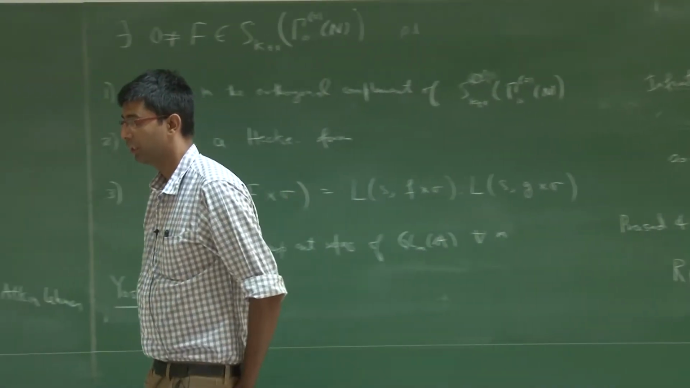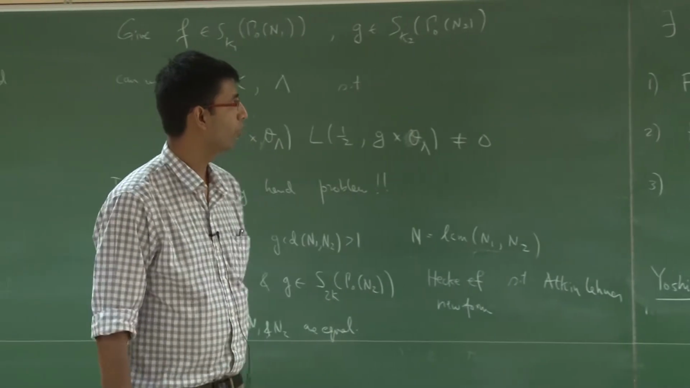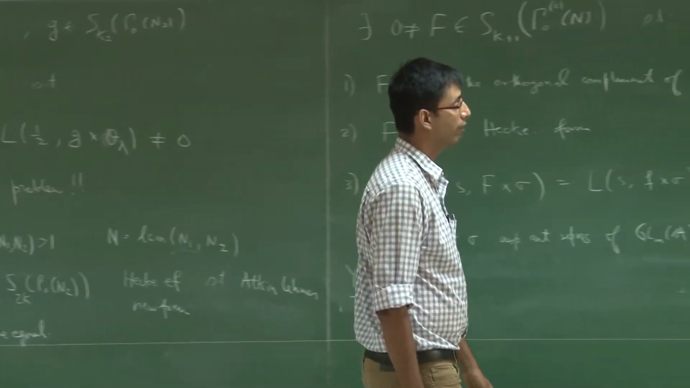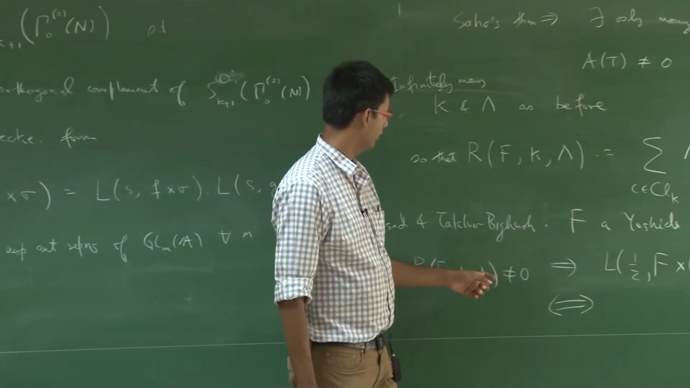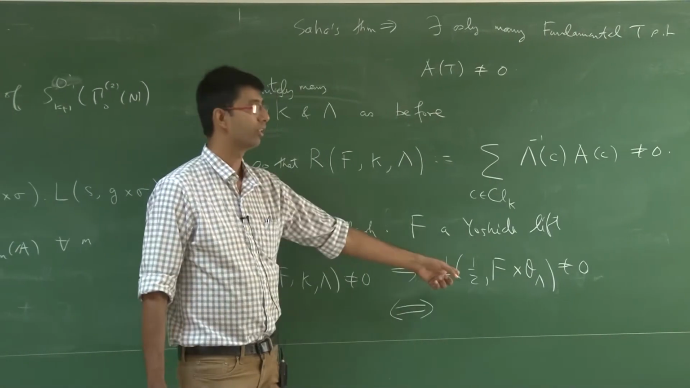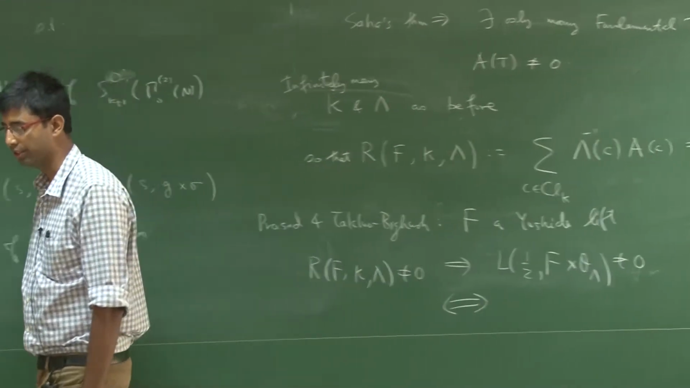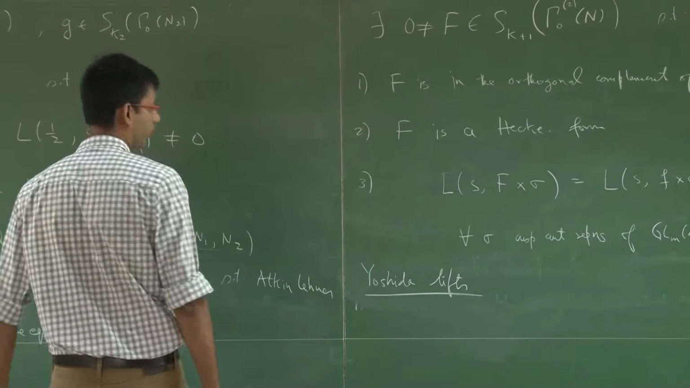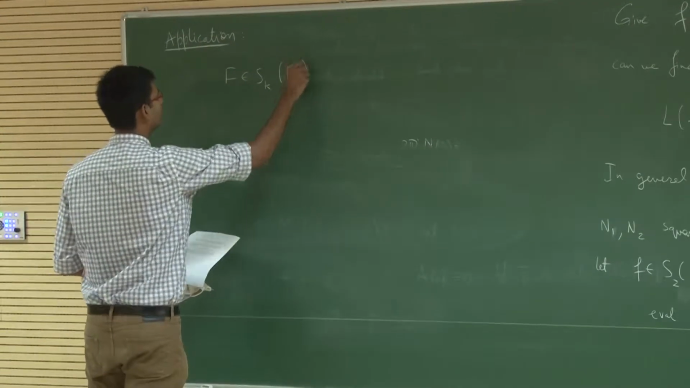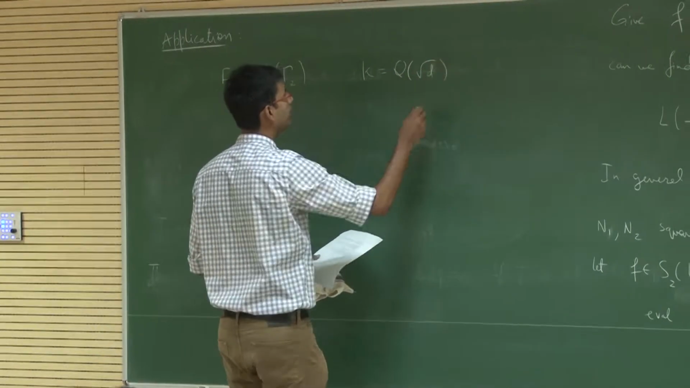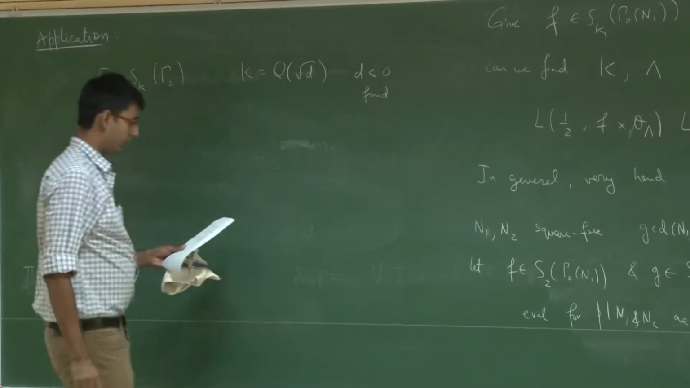So, in fact, in the simplest setting of Siegel modular form of genus 2 with respect to gamma 2, Böcherer gave a very precise conjecture. He not only said that this is non-zero if and only if this is non-zero, he predicted a formula relating this guy to this guy, and that is called Böcherer's conjecture. And yeah, so maybe I can write down what was Böcherer's conjecture, and that will be a good place to stop. So, f in S_k(Gamma_2) and k equals Q(square root of d) with d negative and fundamental,